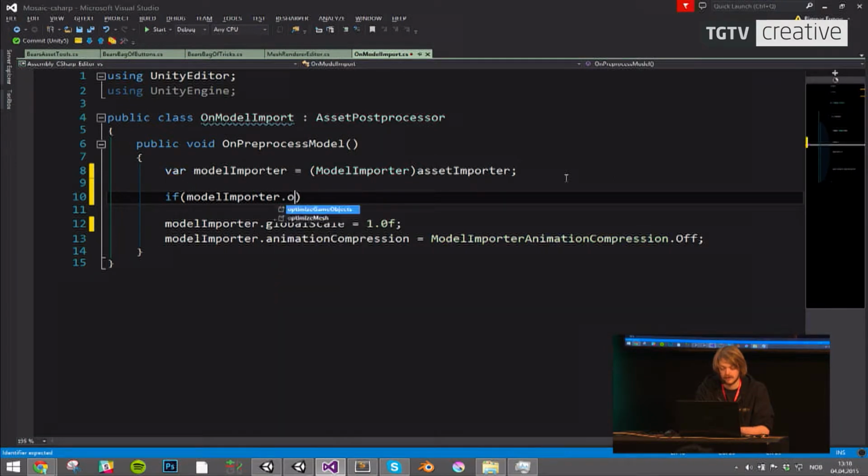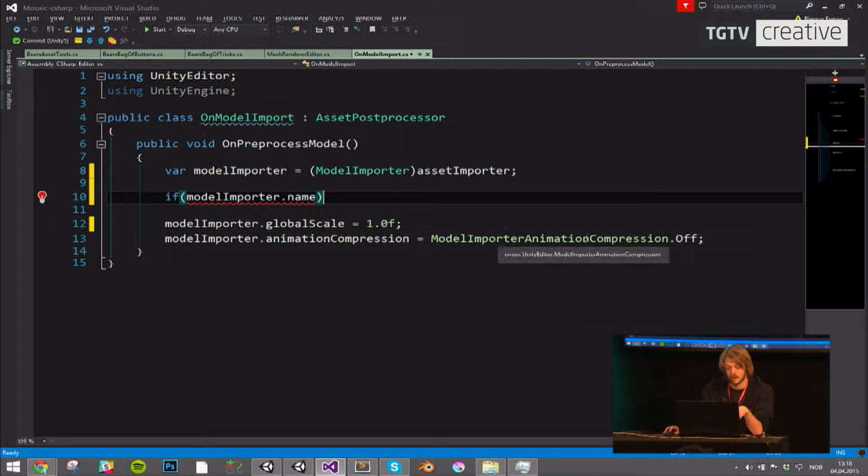You can check the name, for example. If the name begins with animation, you can set it to automatically enable animation and the type of compression and the type of animation you want to use. But for objects that do not begin with the name animation, you can just skip that part